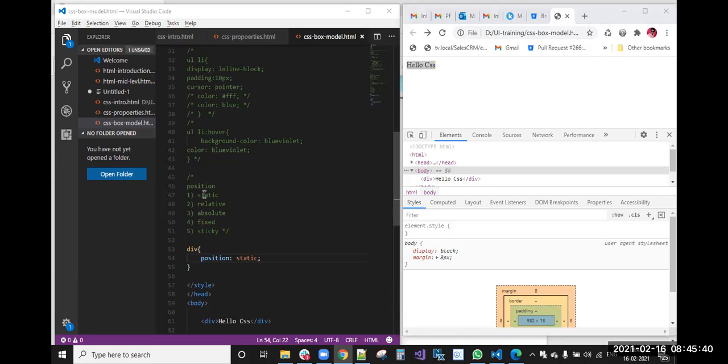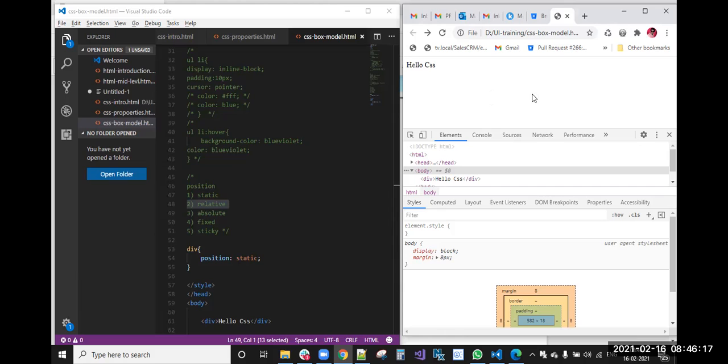Okay, the next position is relative. Actually, why this position property? The use of the position property is to move an element from one position to another position, or to place an element in a particular position. So this hello CSS is there, right? I want to place this hello CSS exactly 100 pixels left and 100 pixels top.